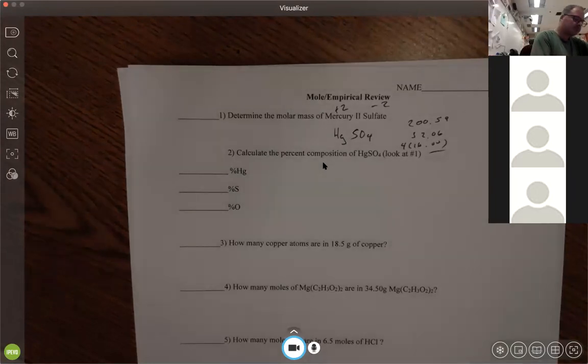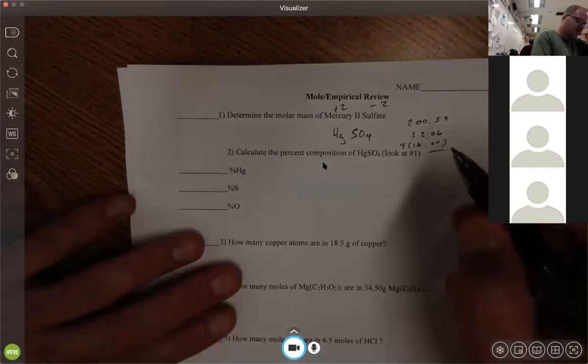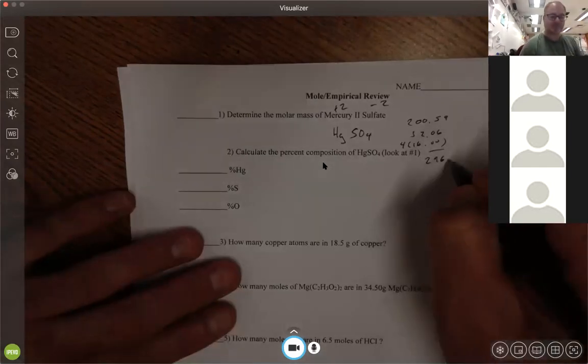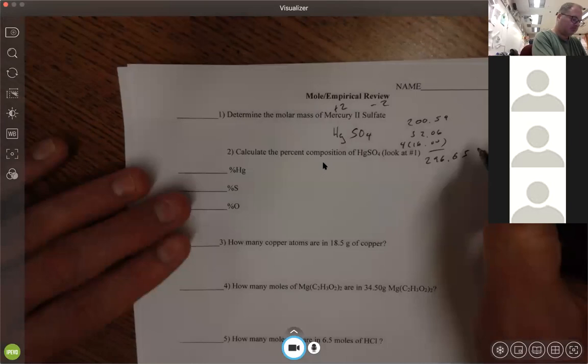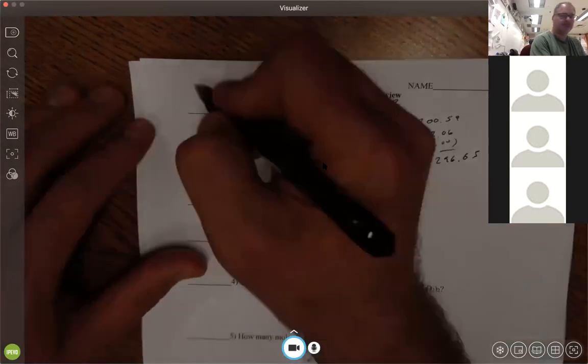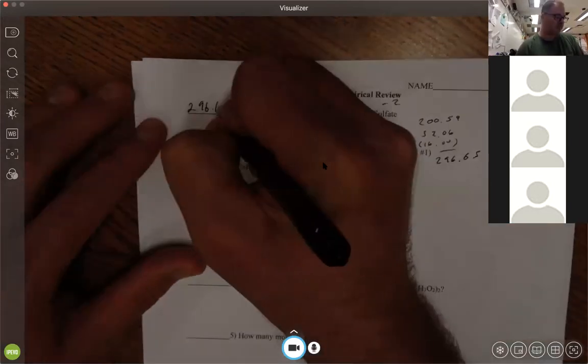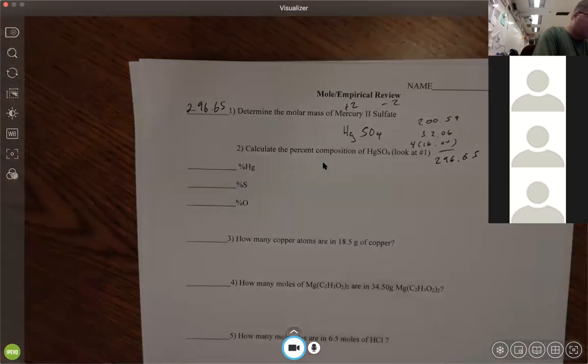It's 296.65. Is enough. So now we're going to use that for the total down here